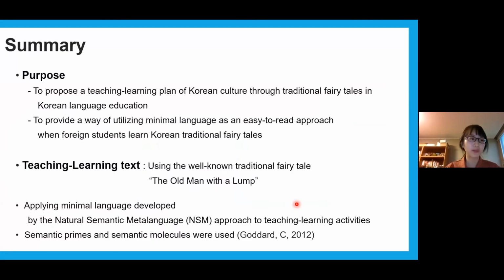So the purpose of my study is to propose a teaching learning plan of Korean culture through traditional fairy tale in Korean language education. And second, to provide a way of utilizing minimal language as an easy-to-read approach when students learn Korean traditional fairy tale. As a text, I used the well-known traditional fairy tale in Korea, The Old Man with a